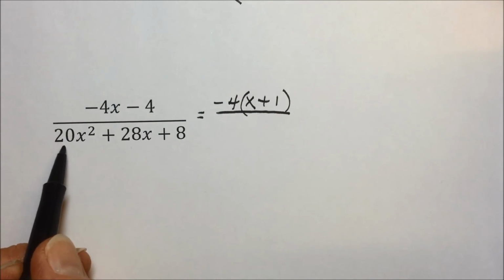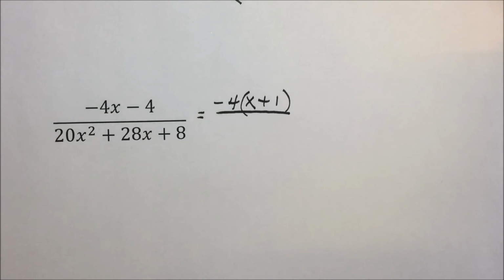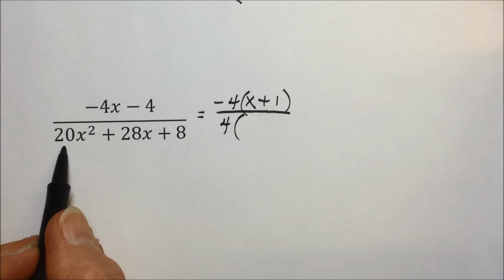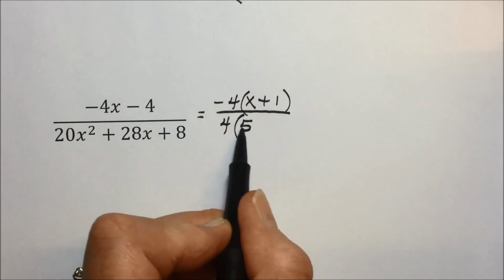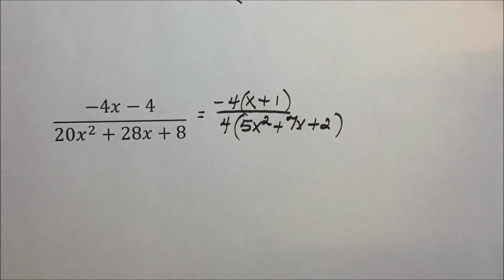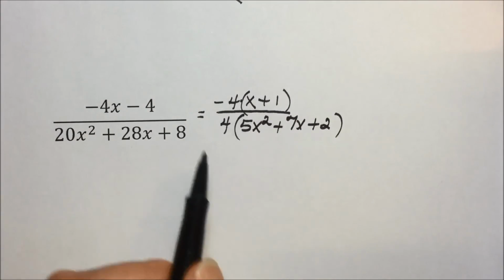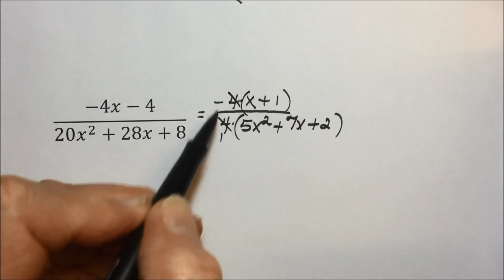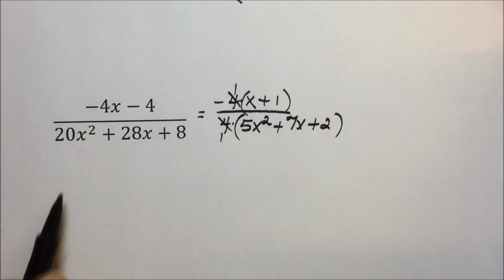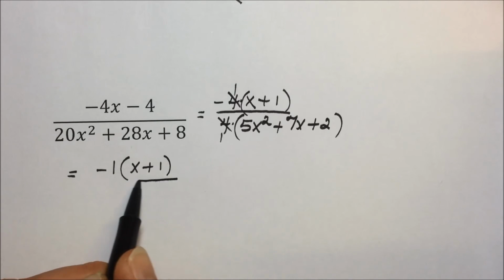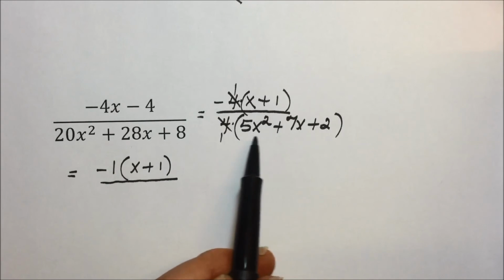In the denominator, there's definitely a common factor of 2, and if we dig a little deeper, we find there's a common 4. Each of these terms divided by, or factoring out, a 4 leaves us with a 5x squared, a 7x, and a 2. Right now we have two things multiplied together in the numerator and the denominator with a common factor of 4, so the 4's cancel out, leaving a 1. So we have a -1 times x plus 1 in the numerator. In the denominator we have this trinomial left, which,